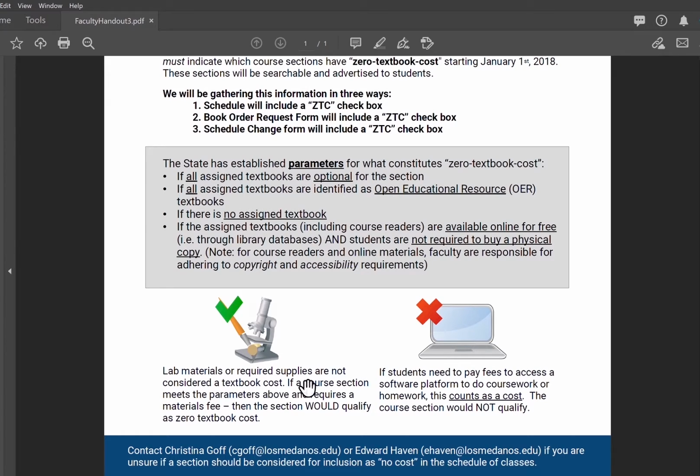In other words, this can be like a separate thing. A course section meets the parameters and requirements of materials fee, and then the section would qualify as ZTC. Excuse my stumble there. In other words, if the textbook is free in a calculus class, but you're going to need a graphing calculator, then it is a ZTC class, of course, because there are many means to get a graphing calculator,